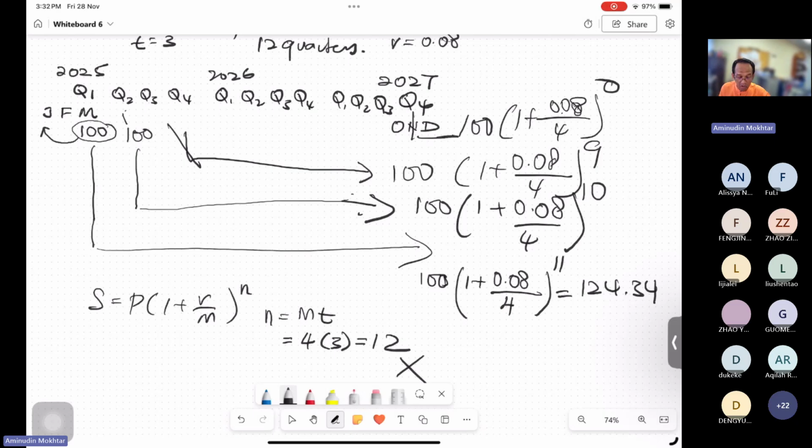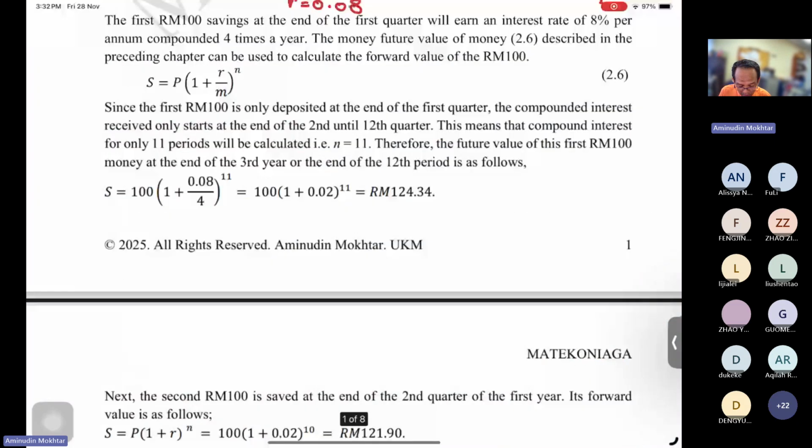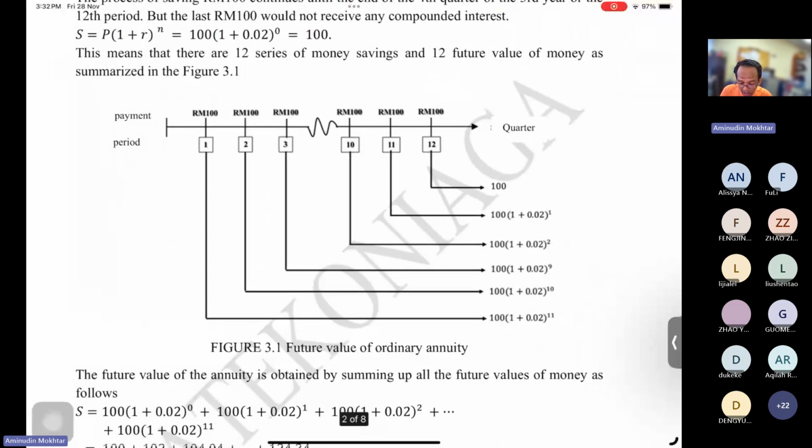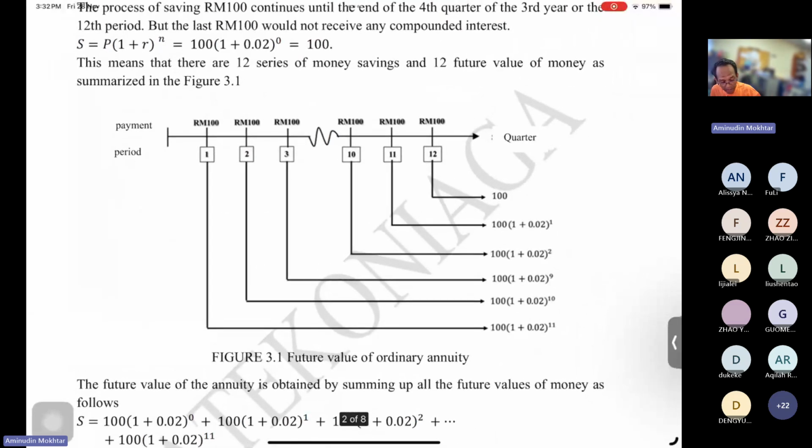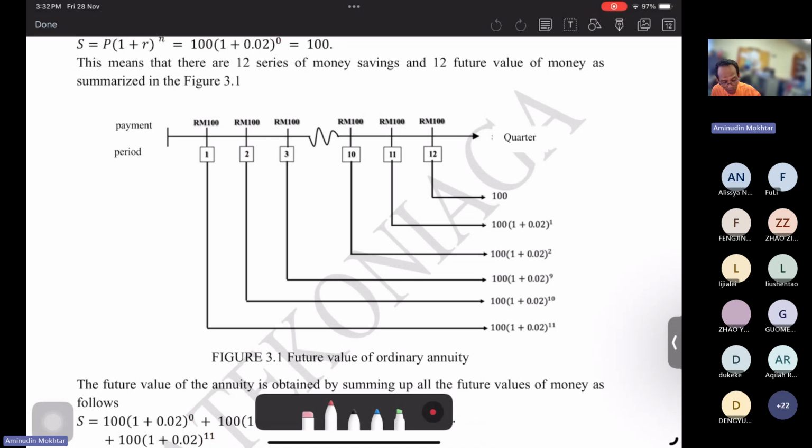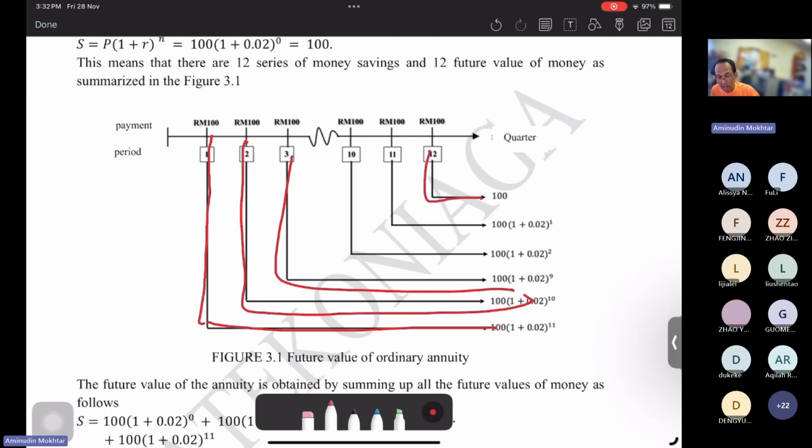The process continues, as you can see in my figure 3.1. That is how annuity works for the first 100, second 100, third 100 until the last 100. This is actually 1 plus 0.02 to the power of 0. 0.02 is equal to 0.08 divided by 4. That's why we have 0.02. Now, in this case, we have